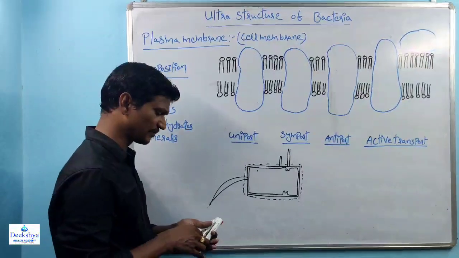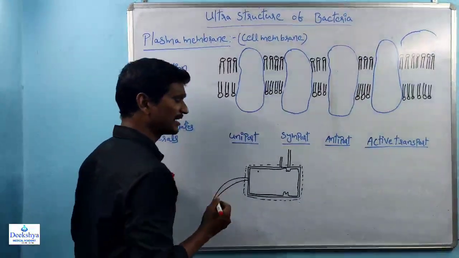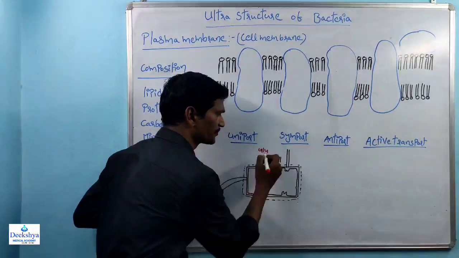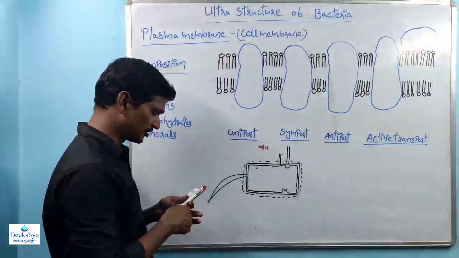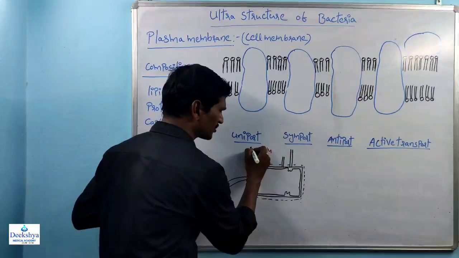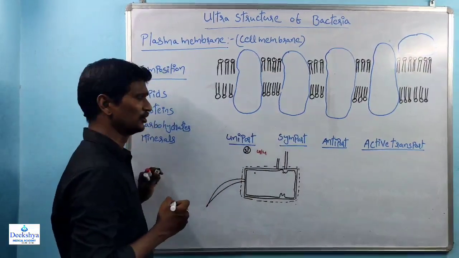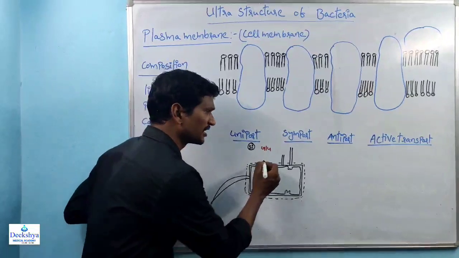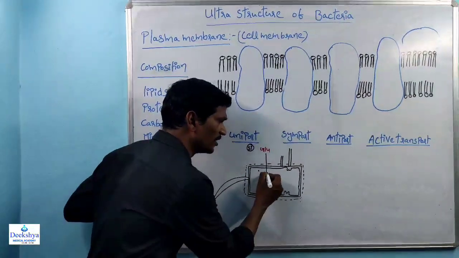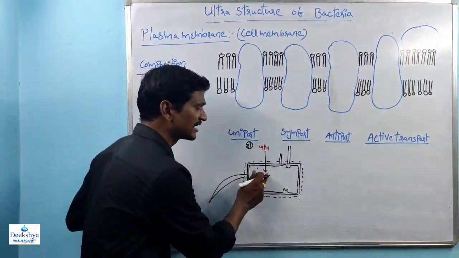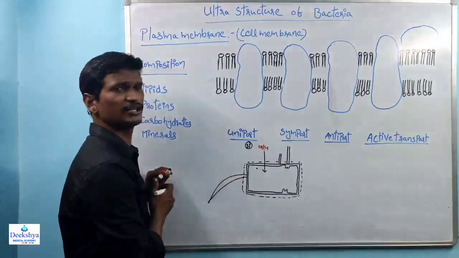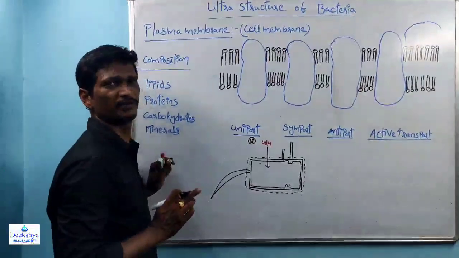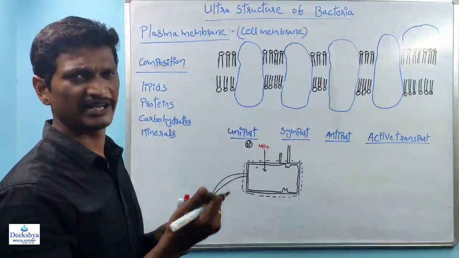I would like to give one example here. Suppose this is the bacterial cell. The bacteria requires glucose for energy. This is one glucose molecule, and this is one sand or silica particle. So which one is taken by the bacteria? Remember here, the glucose particles are transported from outside the bacterial cell to inside the bacterial cell, that is, inside the cytoplasm. So glucose molecules are transported from outside to inside because bacteria require glucose for energy.